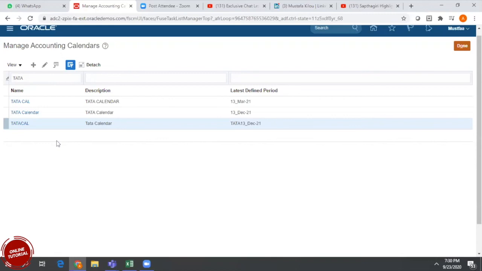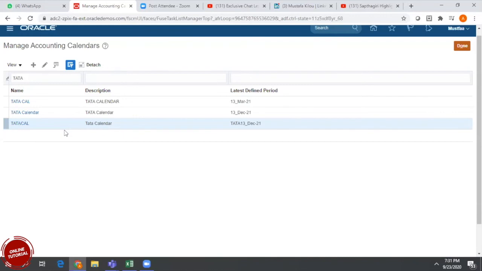For example, from 2015 onwards, I want to bring in my old data. So we need to define the calendar from 2015, or 2005, whatever date. From that date onwards we need to define the calendar. We are in the year 2020, so the business might not know how to define the periods for 1 or 2 years. That's the reason we are defining the periods for at least 2021 and 2022 also.